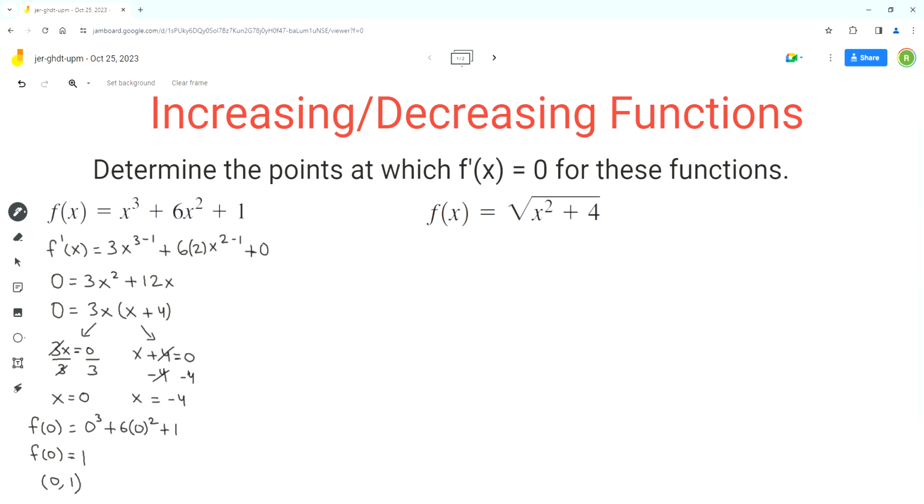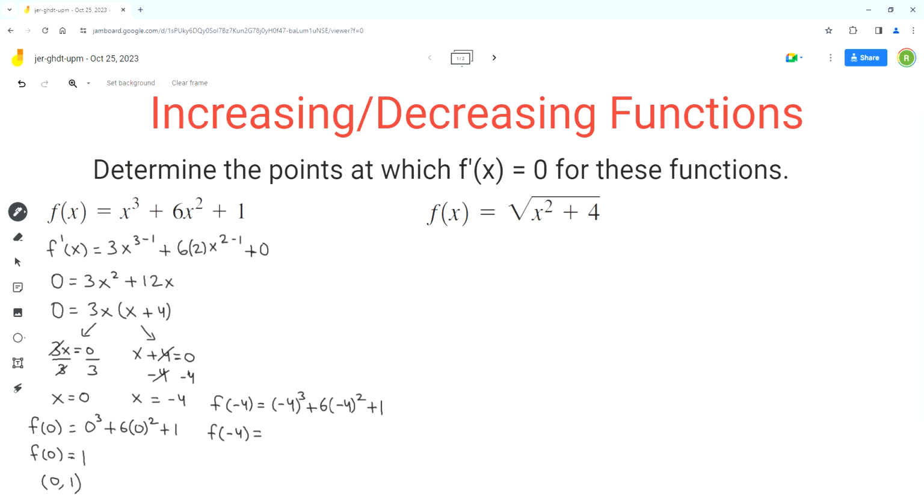Now we have to do the same analysis for the second x value we found. So we'll sub in x as negative 4 in the given function. So f at negative 4 equals negative 4 exponent 3 plus 6 times negative 4 exponent 2 plus 1. So now we have to evaluate this expression. So f at negative 4